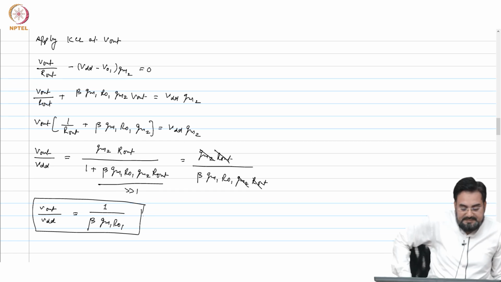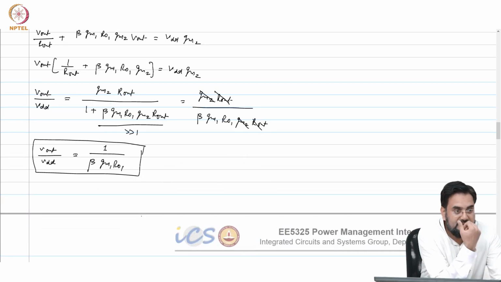So what does it mean? DC gain of first stage. It's not even depending on second stage, your line regulation. And if you remember your output impedance, that was depending on loop gain, first stage as well as second stage. So, if you increase the gain of second stage, then it will improve your Z out, but it will not improve your line regulation. So, if I am increasing the gain, then I would prefer to increase the gain of first stage, so that it will improve both my line and load regulation.